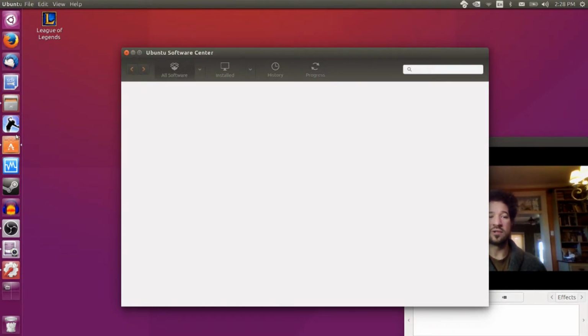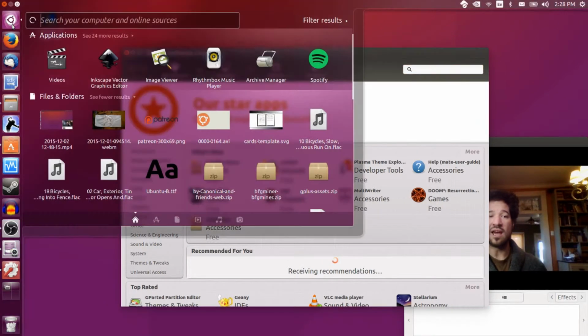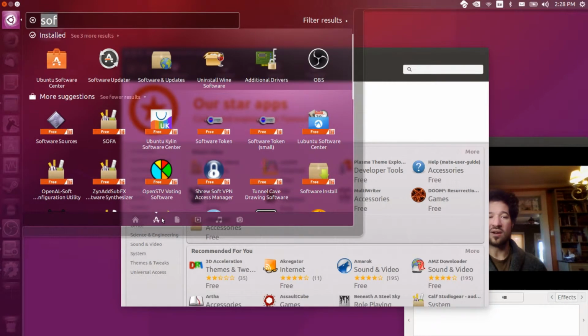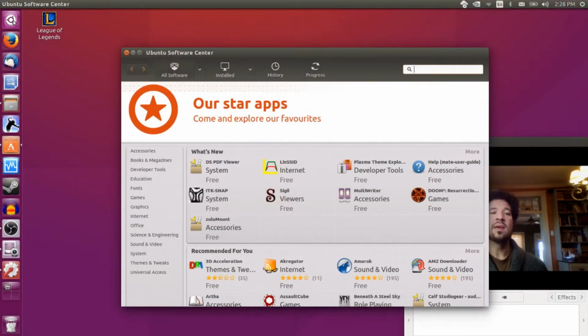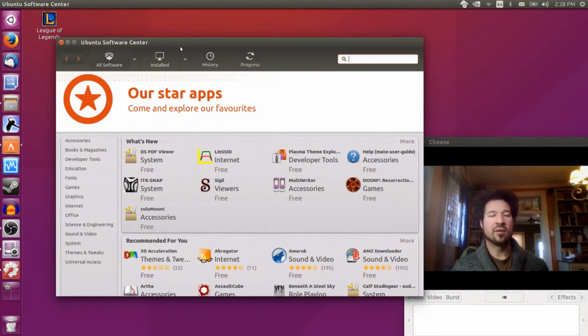On your launcher, you should see an icon for the Ubuntu Software Center. If it's not there, you can go to the dash and the applications area and type in software, and there it is. The Ubuntu Software Center. Alright, the Ubuntu Software Center is exactly what you'd expect it to be. It is an app store, very similar to all the other app stores that are out there, to be honest with you,